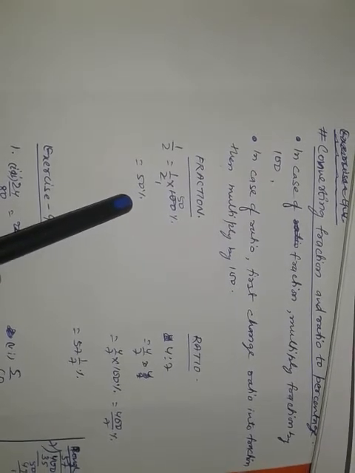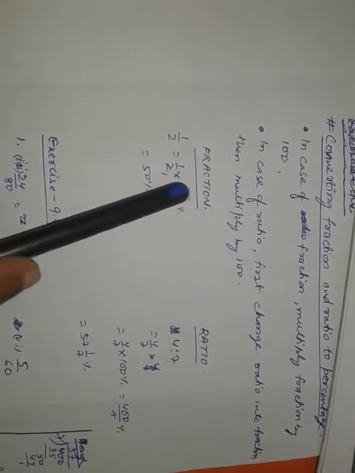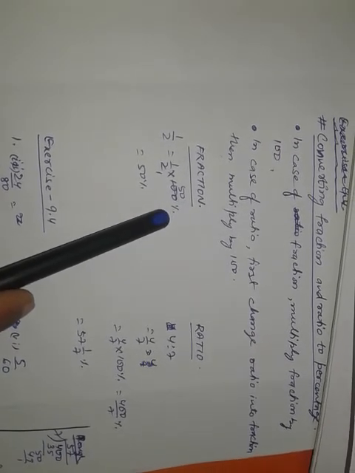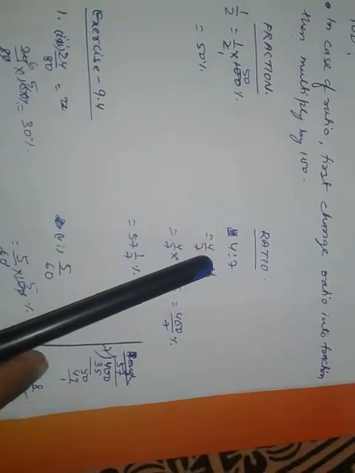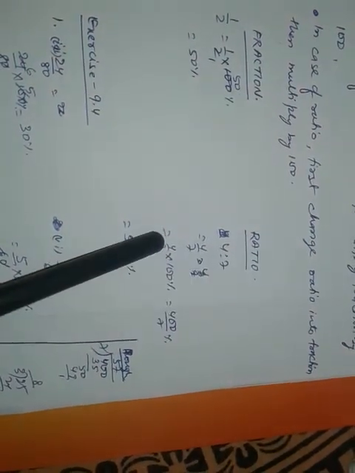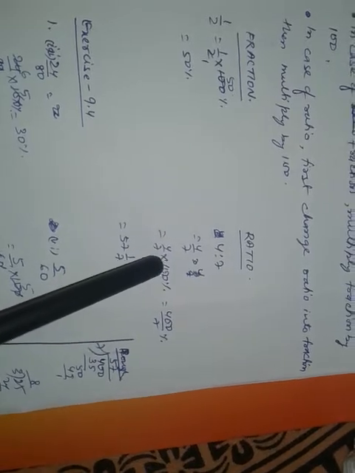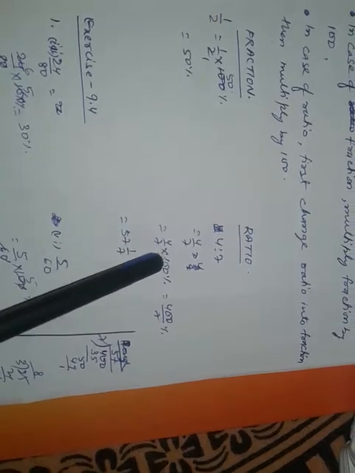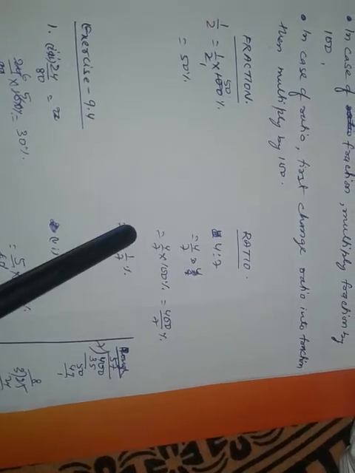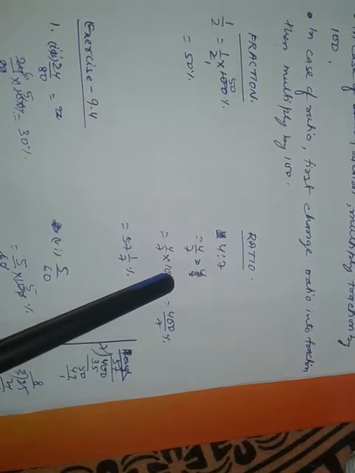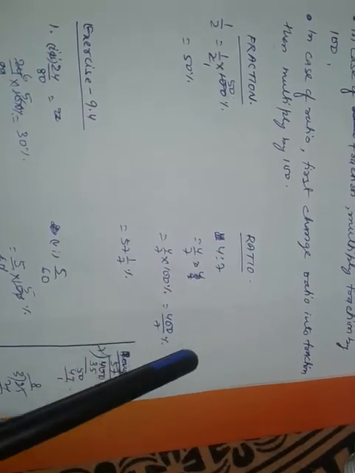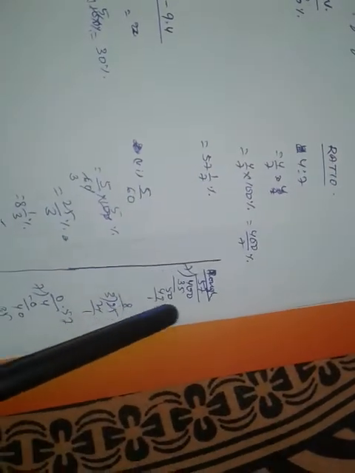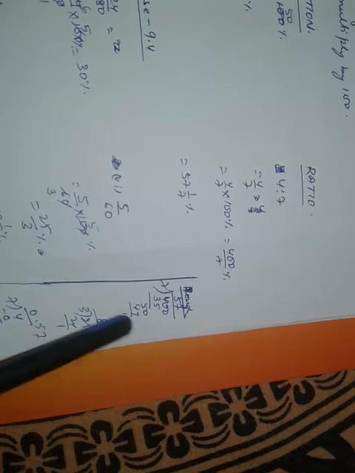So we get 50%. Whenever we multiply by 100 to change the fraction, we give the percentage sign. Now the second question is the ratio 4 is to 7. First of all, we change it into a fraction, that is 4 by 7, and then multiply by 100. Whenever we multiply by 100, we give the symbol of percentage. There is no number which has a common factor, that's why we don't cancel. We are not able to cancel any number here. So we get 400 by 7. So it is 57 whole 1 by 7%. How did I get this? When we divide it.